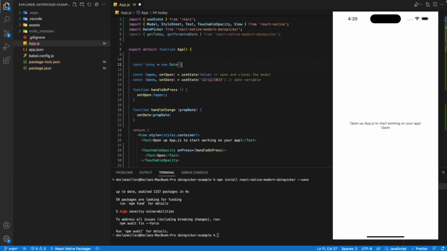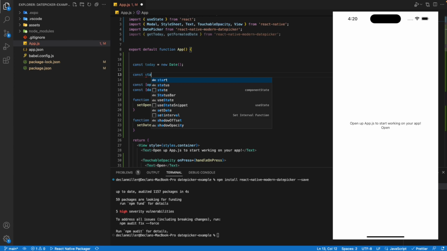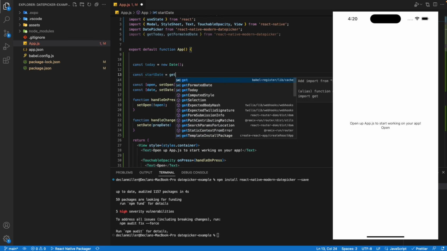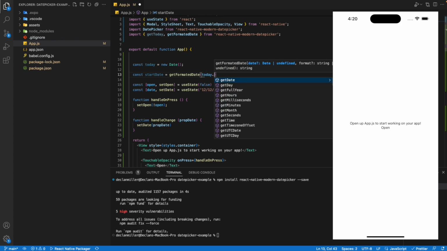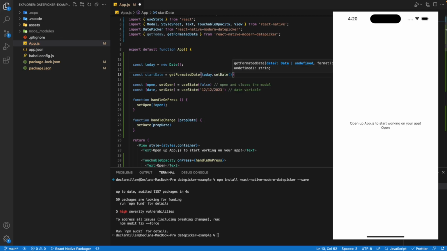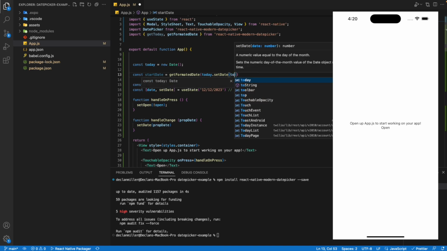This gets us a JS version of today's date. And then we can go constant startDate is equal to getFormatted date, which is a function imported from the React Native date picker. And then we can go today dot setDate equal to today